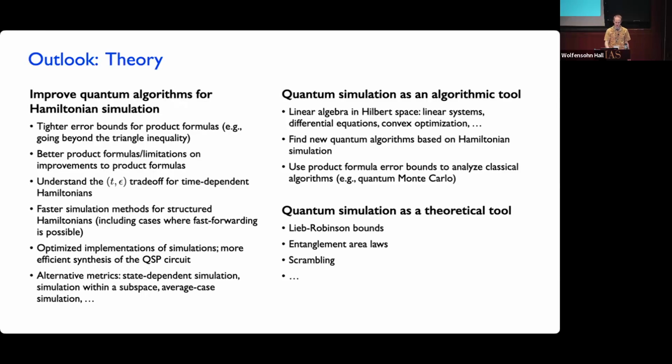So, just to pick one question from this list, one thing that is not well understood is what's the best possible dependence between t and epsilon if the Hamiltonian depends on time. We have an algorithm that achieves the optimal trade-off for time-independent Hamiltonians, but it does this spectral thing that relies on the Hamiltonian being a fixed object that doesn't depend on time. It doesn't work if the Hamiltonian is time dependent. Then we have worse bounds on this trade-off between t and epsilon. So that's something that still is not well understood.